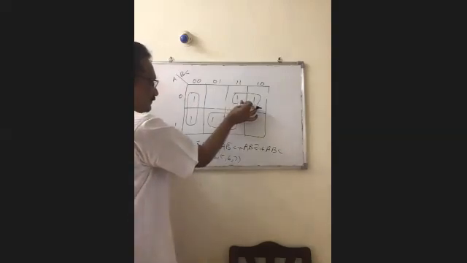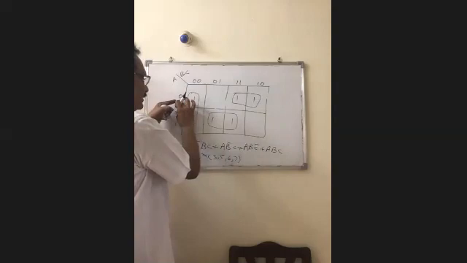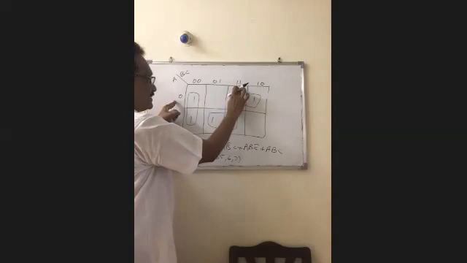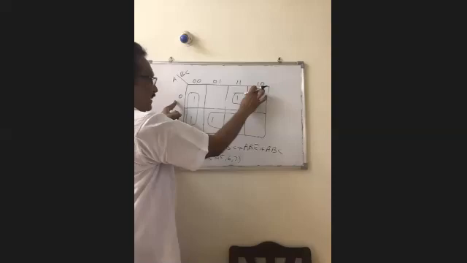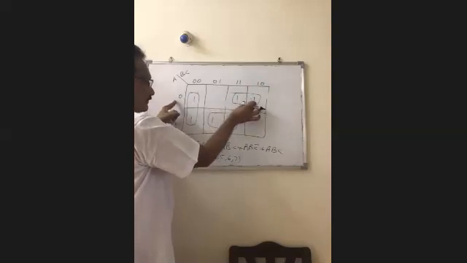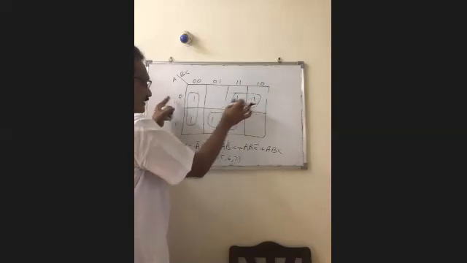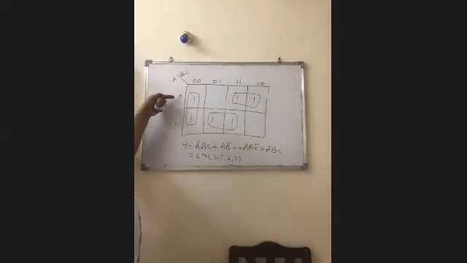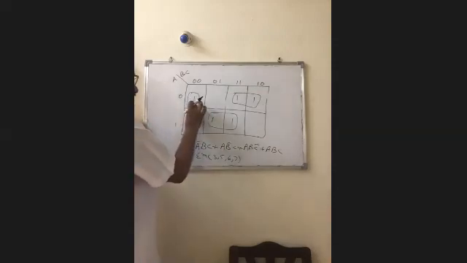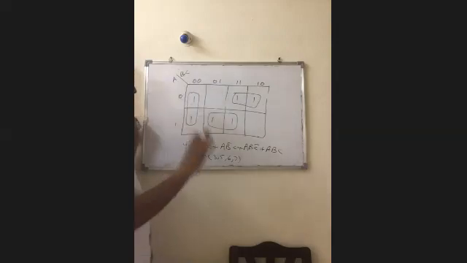For this pair, we have to write A bar. Variable C changes in this case, so forget about that one. So write B. So A bar B. And it moves from the first row to the second row. So eliminate variable A. So write simply for this pair B bar C bar.